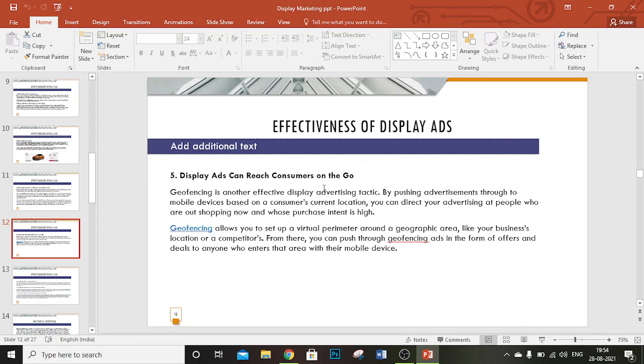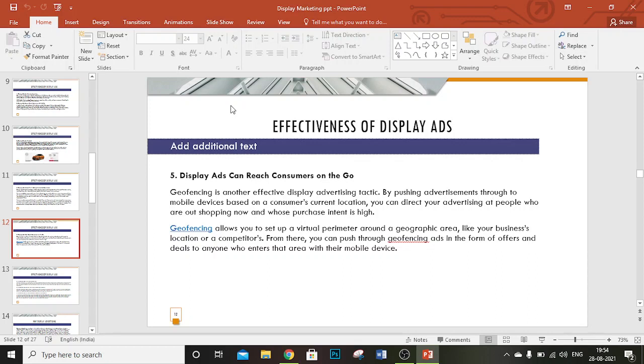So we can go for that kind of thing. We can actually target the people who are shopaholics and who are in a particular location right now. Suppose I am in a mall and I want to purchase something. They have traced my location, and when I am browsing something on the net, they will show some brand or the store which is there in the location, and they will also show it through some e-commerce store in the